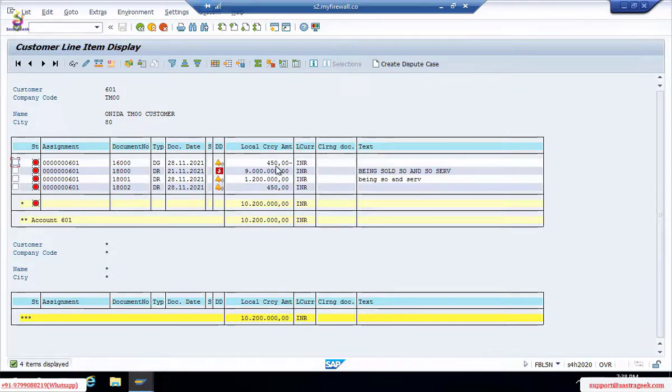Okay, so we processed the credit memo. If you observe here, this debit and credit will get nullified. The amount is showing 9 lakhs plus this 12 lakhs something. The amount is showing as we need to receive. This already got nullified, but still it shows as an open item because these are not cleared. These are not charged off. How can we clear these two items here?